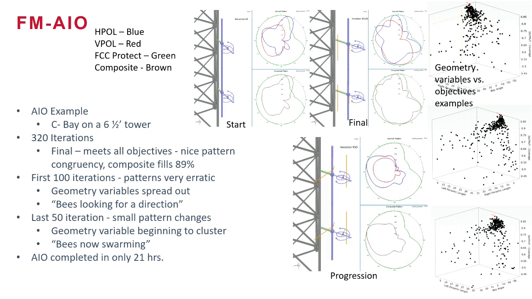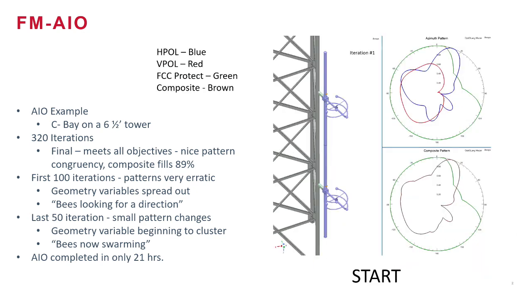I tried to capture it all on one slide here, but I thought it's kind of small. So the next few slides I'll zoom in on these to show you. This is an example. This is a C-Bay antenna, DCRC, on a 6.5 foot tower. So you can see our starting point here. This is what it looks like when we said, okay, what if we start here? We'll put it on this